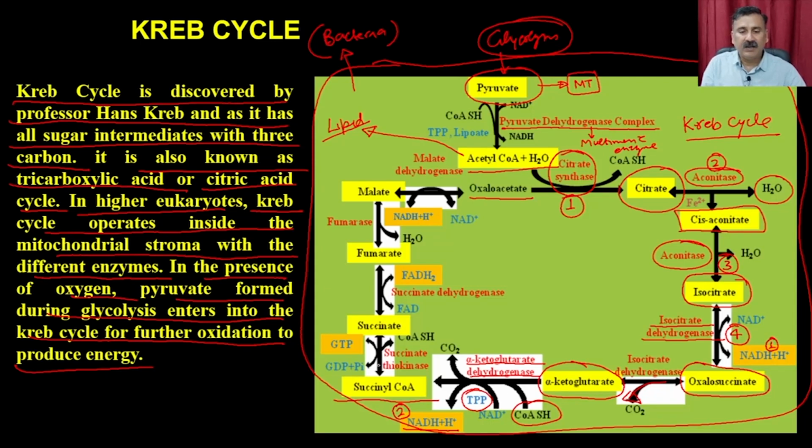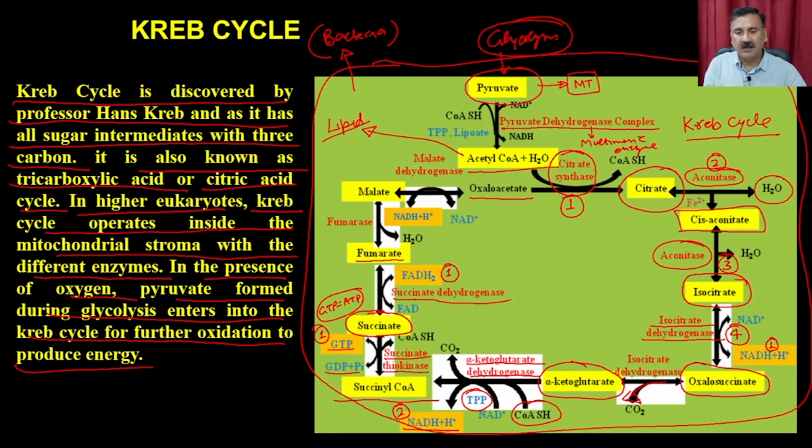Then succinyl CoA is converted into succinic acid with the help of the enzyme called succinate thiokinase. And in this step, the first molecule of GTP is produced. So remember that GTP is also equivalent to ATP in terms of energy. Okay. And then the succinate is converted into fumarate, and in this step the first molecule of FADH2 is produced, and the enzyme that catalyzes this reaction is called